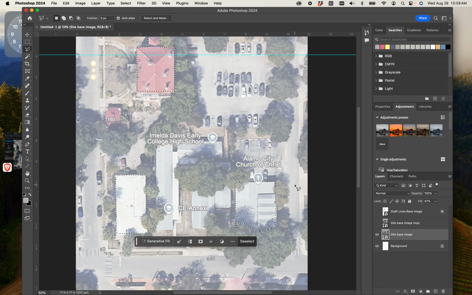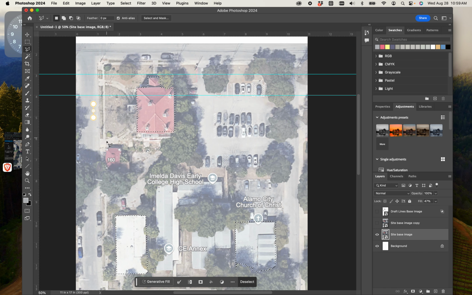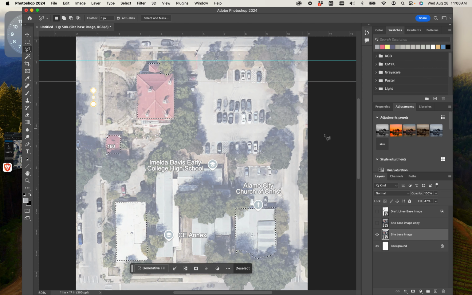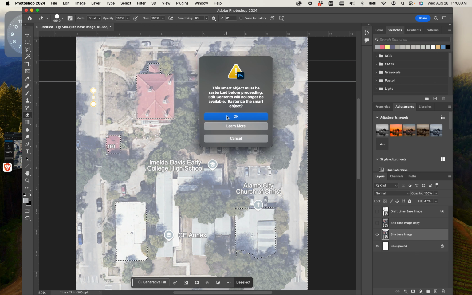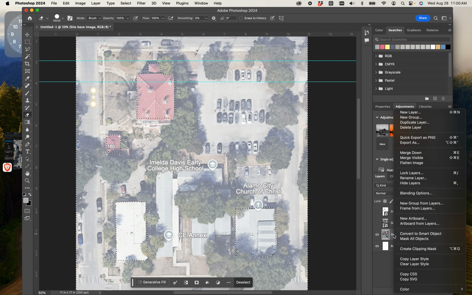So we got that piece, and maybe after all, I'm actually going to keep these pieces, so maybe I keep this one as well. I'm going to hold shift and add to my selection. Don't really want the 160 in there, but I guess it'll have to stay. But good, we have some pieces. I'm going to go ahead and reverse my selection. So I'm going to select the inverse of it and just go ahead and erase. So in my case, it needs a rasterized image. That's okay. I'm going to right click and rasterize